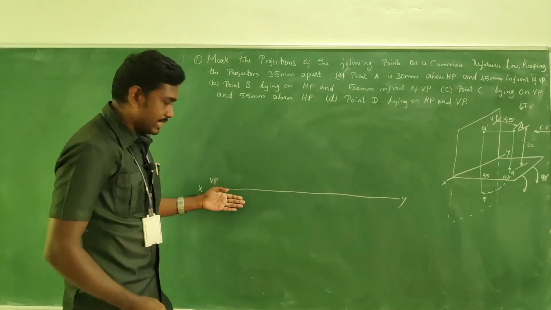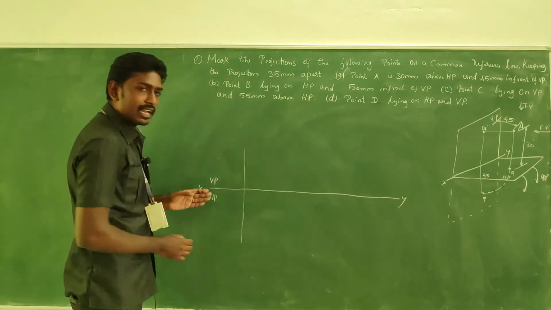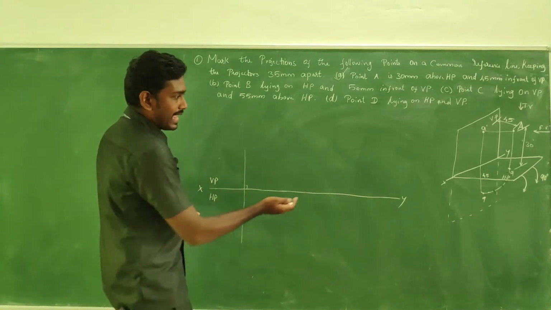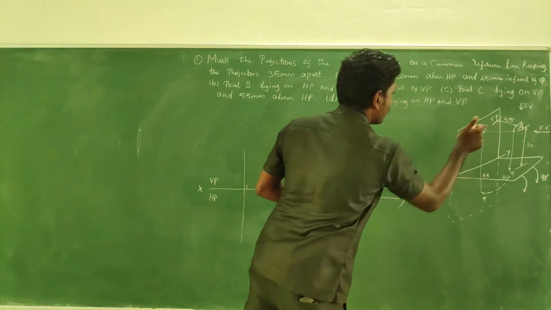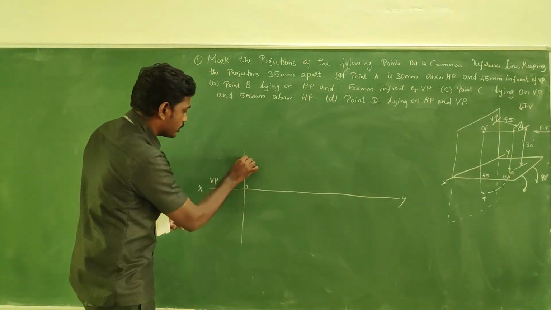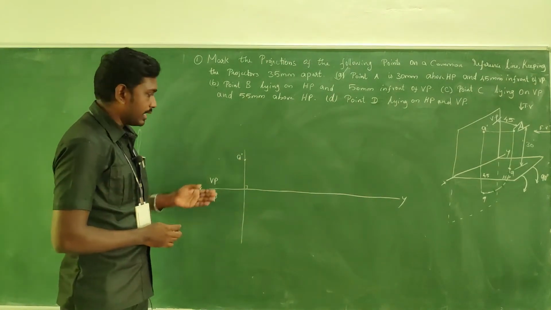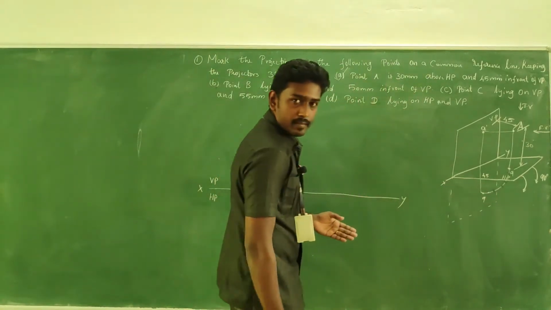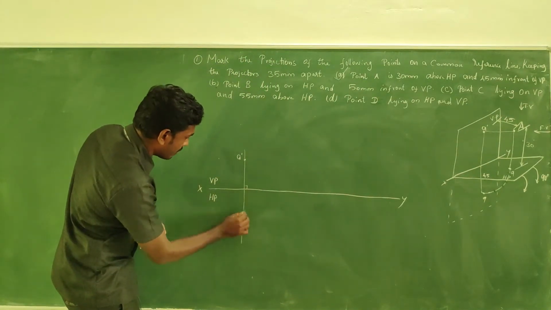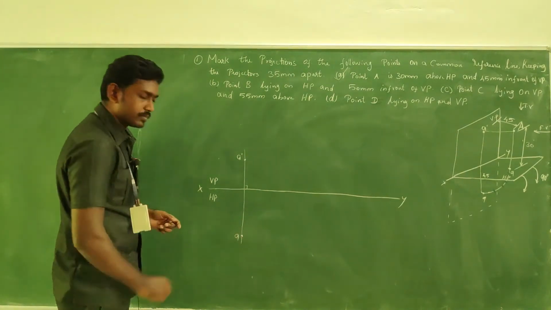So how will you capture this in the common reference line? For that, just draw a 90 degree line with a very thin 2H pencil. This is a 90 degree line to the XY, and above the reference line, 30 mm, you can place the A dash. So from here measure 30 mm, approximately here. So this is your A dash. What about the A from the reference line, which is 45 mm? So measure from the reference line 45 mm. It comes like this approximately. So this is our A.